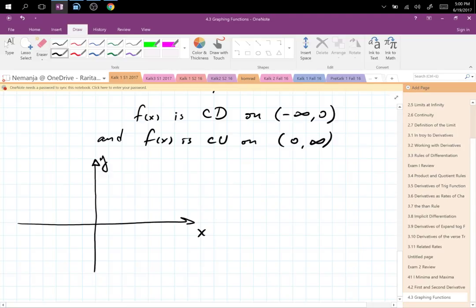We have a vertical asymptote at x equals 0. We have a horizontal asymptote at y equals 0. We do not have x and y intercepts,